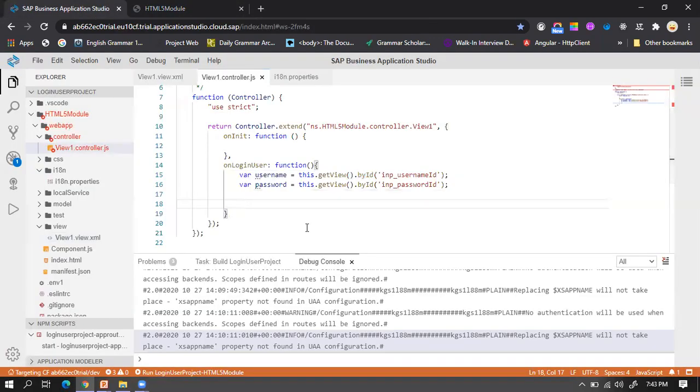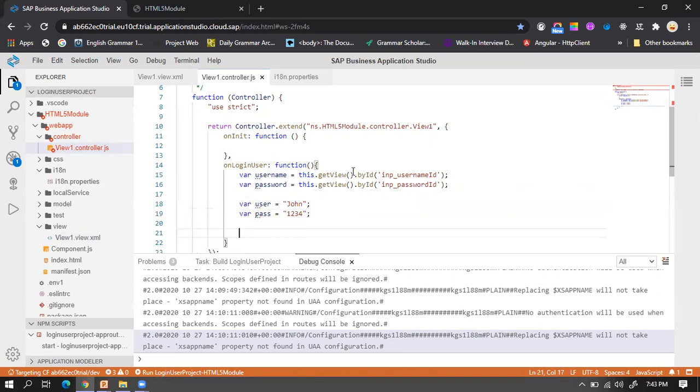For example, I'll declare a predefined username, user as John, and the password as 1234.